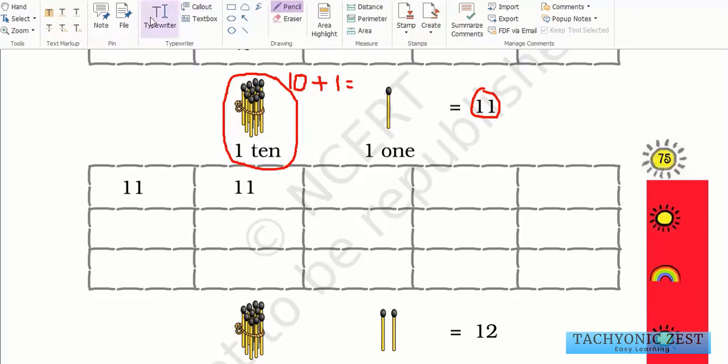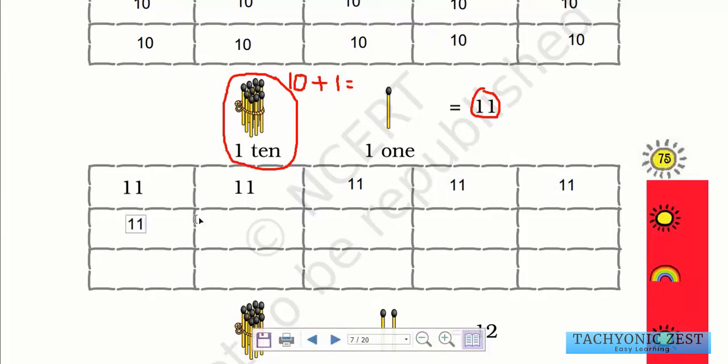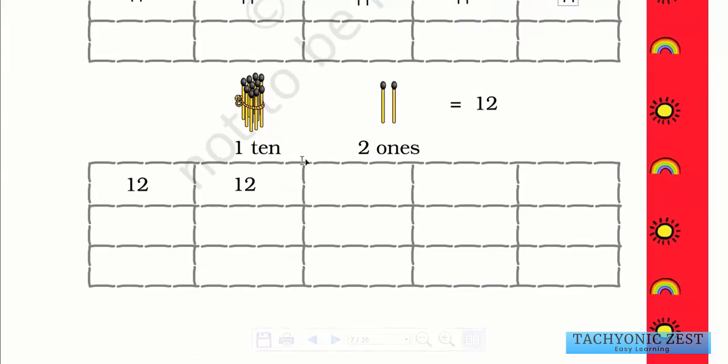Correct. So here also everywhere we will write 11. So please write with me. So I have written these for you, and please fill out the rest. So everywhere we have to write 11. So 110 is equal to 11. 110 is equal to 11. 110 is equal to 11.